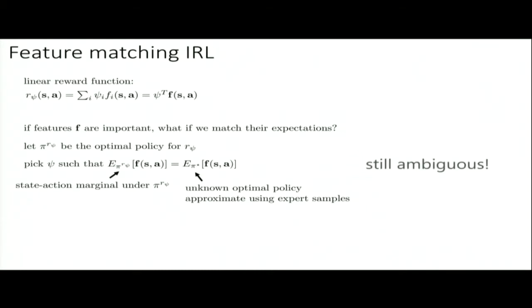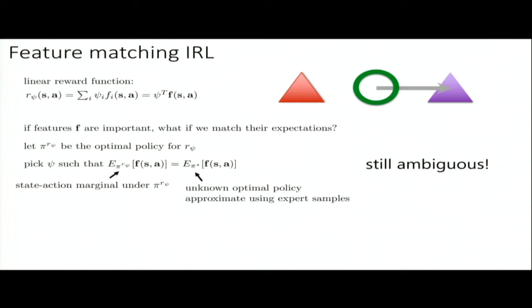Now, this formulation is actually still ambiguous. So you can match the feature expectations and have completely different values of psi. So there's still ambiguity in what makes for a good reward function, and all this stuff with the triangle still applies. So after thinking about this for a little while, one of the things that people decided on was that